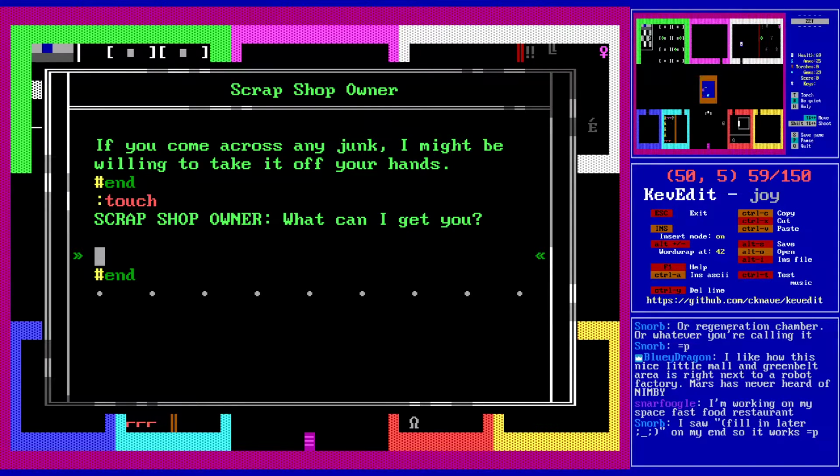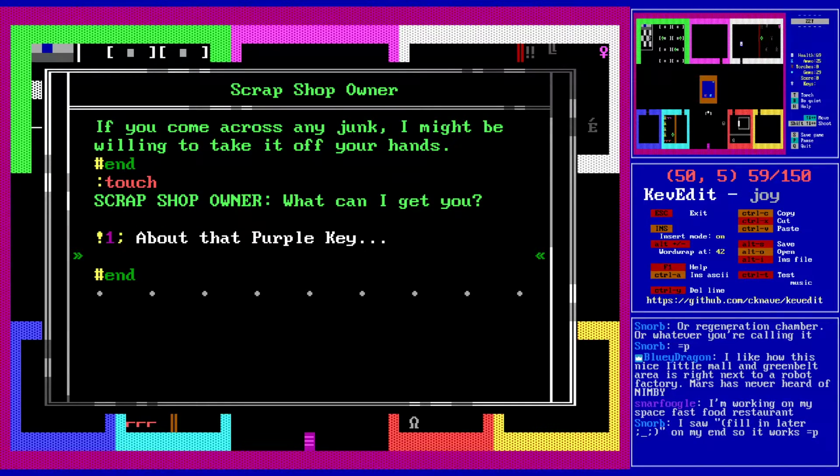So, let's see. Like we did with our previous shops, we're going to bring up a list of choices with some hyperlinks. And I don't have any plans to actually let the player buy anything. So we're just going to do this. And we're also going to use the if check here for scrap. Instead of jumping to a label, we're going to actually append some text. So you're going to say if scrap, then, and again, that then is optional. If scrap then,